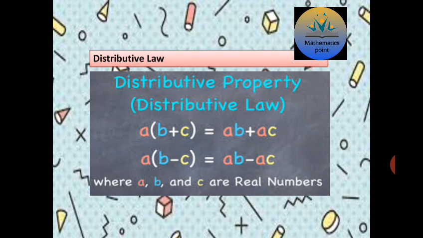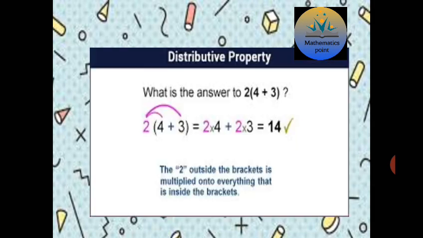So on the screen we have a multiplied with b plus c. In the first property, that is of plus sign multiplication, the second one with the sign of minus. So a will be multiplied with b and c. Here you can see that it is differentiated with color, a is represented by red color. a is multiplied with b, so it will become ab, and then with c, ac. When we have the minus situation, the rule will be the same. The sign will never affect the situation. Here a, b and c will be any real numbers, that means it can be any number.